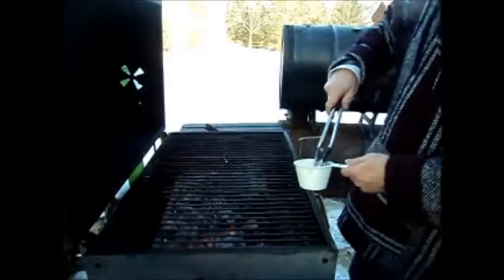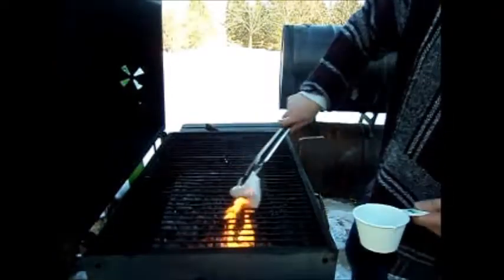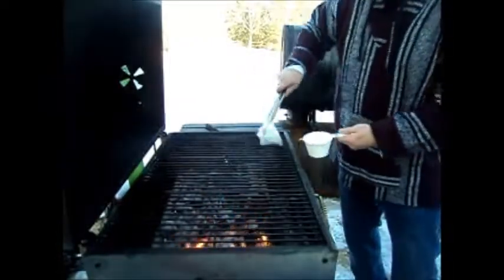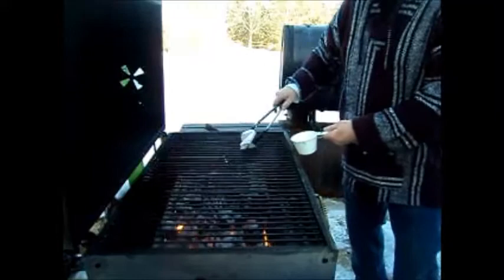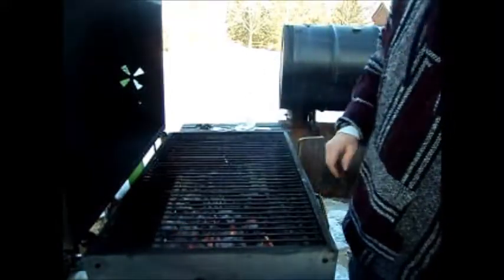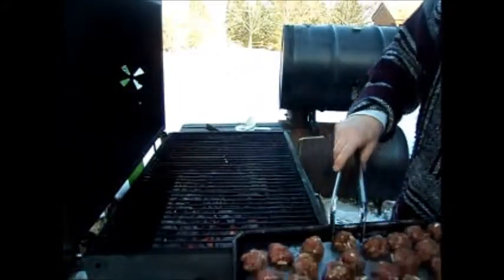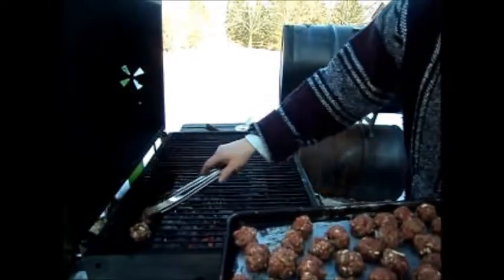Let's do this. Okay, we're out at the grill. As you can see, I got my hot spot. So throwing meatballs on. Kept it down. I gotta babysit this. These meatballs are about 1.25